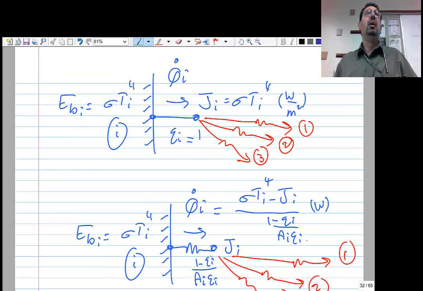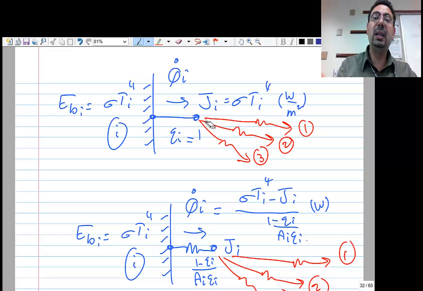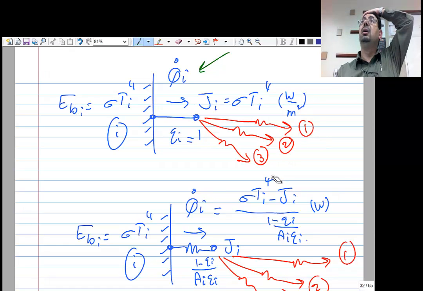So what we have seen so far is that a black body would radiate with sigma T I to the power 4. His JI, leaving him in watt per meter square, would be his EBI. It doesn't really matter what will fall on him. He will absorb everything and radiate with his own temperature. His J is basically just his black body radiation. And so his QI will get divided to surfaces 1, 2, 3. How much of that Q will go to surface 1 and how much will go to 2 and 3 will depend on